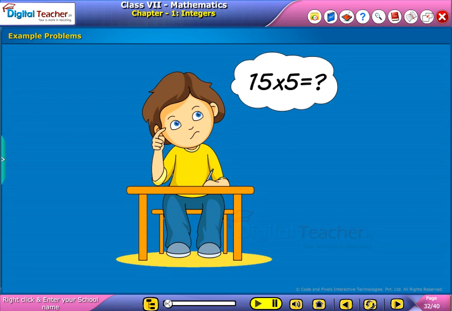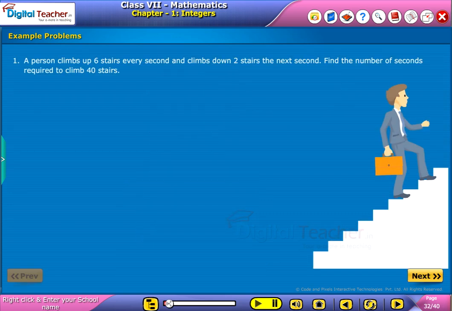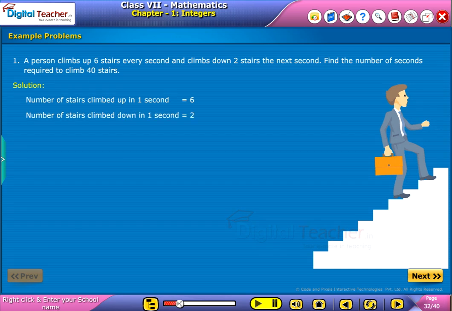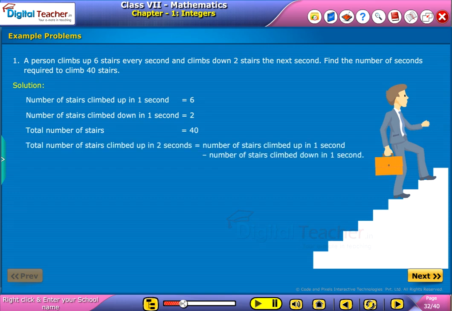Let us solve some example problems. A person climbs up 6 steps every second and climbs down 2 steps the next second. Find the number of seconds required to climb 40 steps. Solution. Given number of steps climbed up in 1 second is equal to 6 and number of steps climbed down in 1 second is equal to 2. Total number of steps is 40. Total number of steps climbed up in 2 seconds is equal to the difference between number of steps